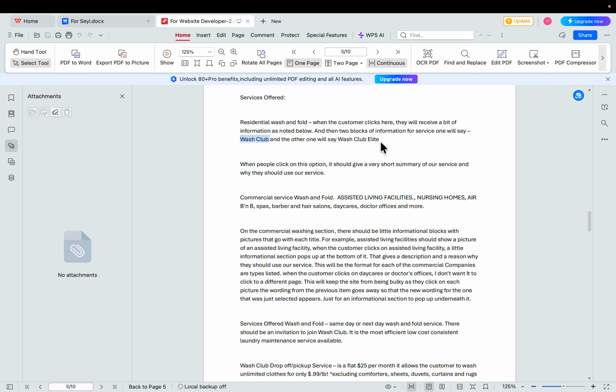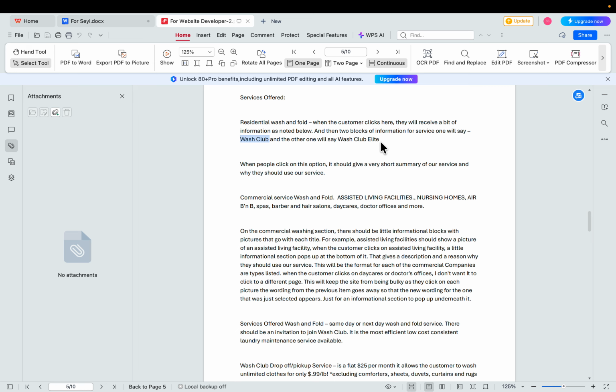When they click Wash Club or Wash Club Elite, it's still going to take them to the same section where they can see both options, what they have, and then choose. I don't want you to have to create one whole page just for Wash Club, and one for Wash Club Elite.